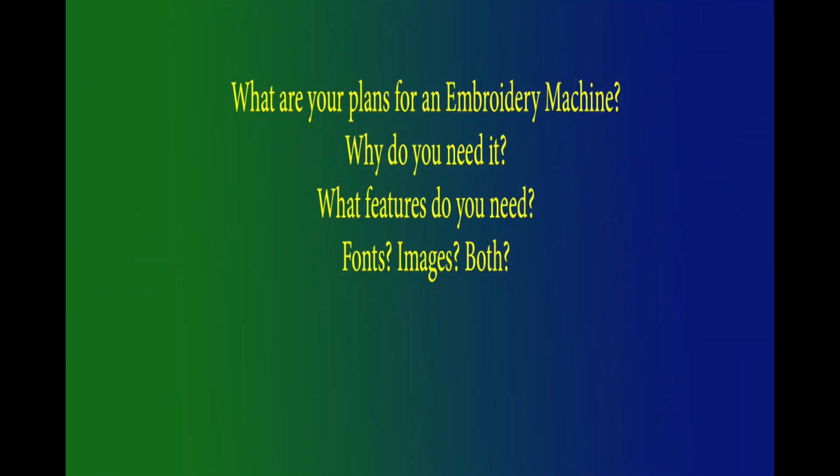So the first thing you want to consider when you're looking at an embroidery machine: do you want strictly an embroidery machine, or do you want an embroidery and sewing machine? Several companies out there now do both, or if you're strictly wanting an embroidery machine, they have those available as well. So you want to think about what your plans are for that embroidery machine. What are you going to use it for? What features are you looking for? Are you just trying to embroider stuff? Are you looking for